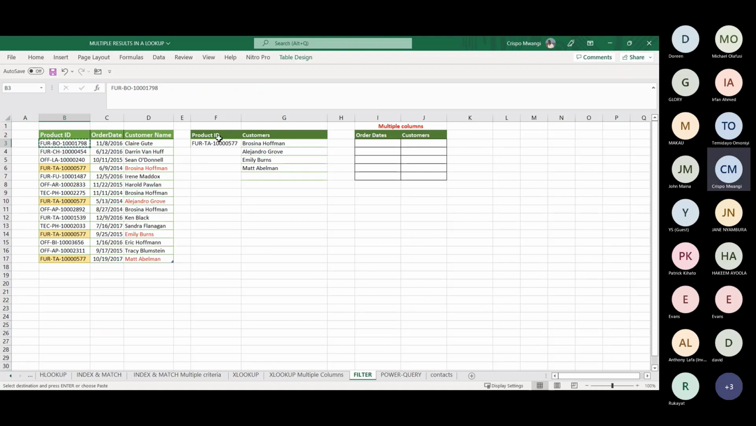You want to see who bought this, just come and paste it. It's only clear. What if somebody like Ken bought it? It populates for you. You don't need to use all those other things. And the beauty about filter, again, if you wanted to return